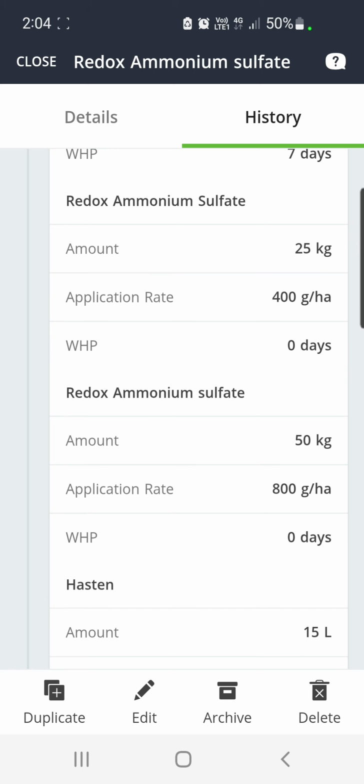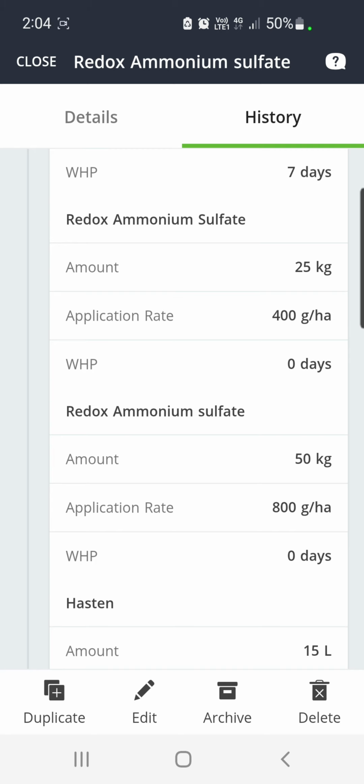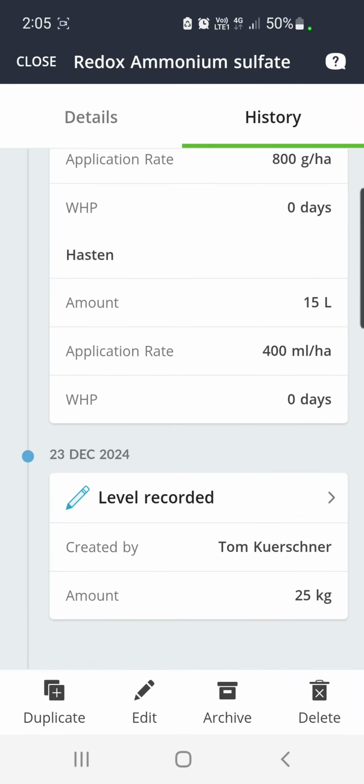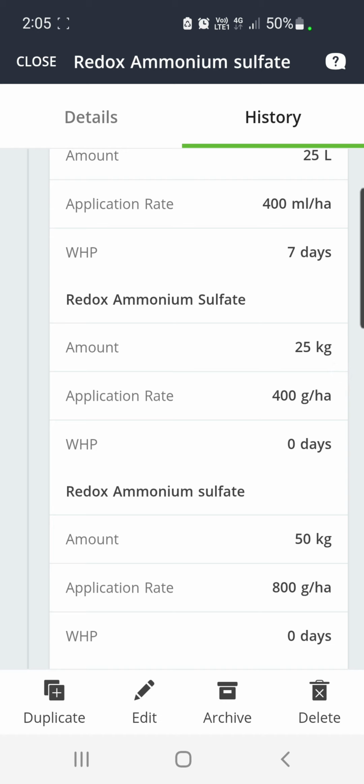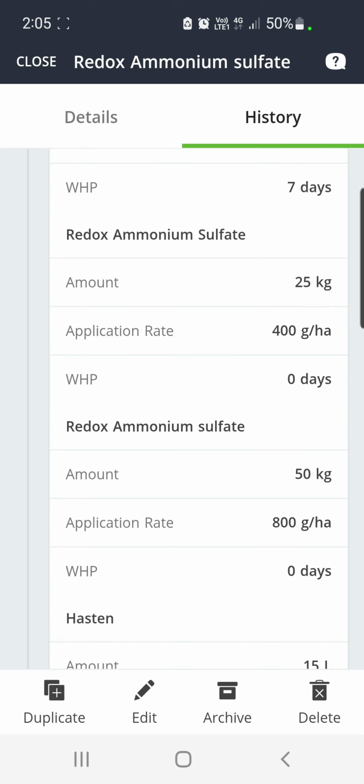Now I can't tell which is which here, but there are two different listings for that because I used 3 containers in a mix, but they were from different batch numbers. You can't really have 2 batch numbers, so I had to choose the 2 different products. Either one of them is the current product, because that's the only listing in the history. So it's already used 3 times as much, plus either down here the same 25 kilograms again or 50 kilograms again. But the point is,